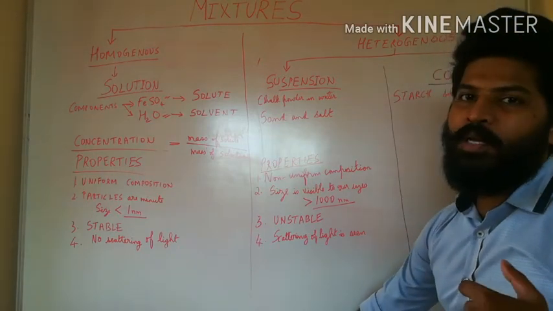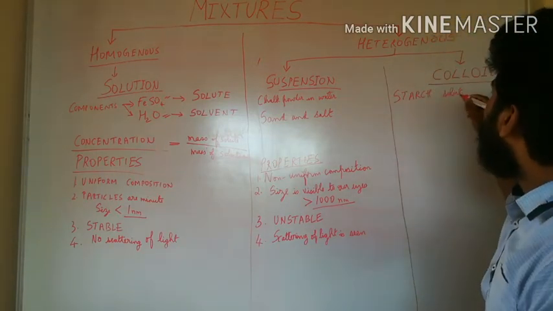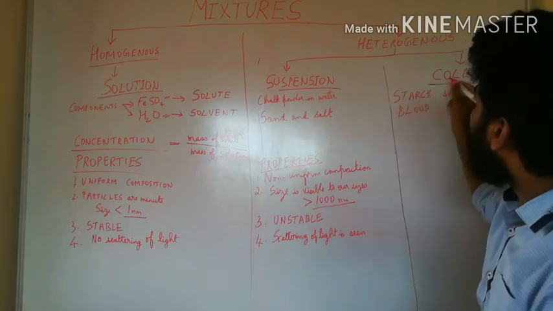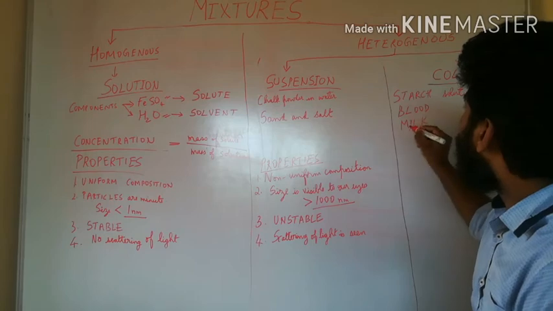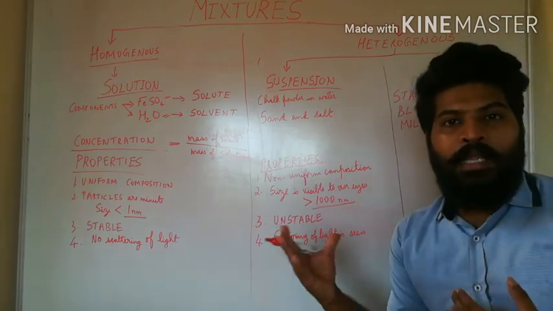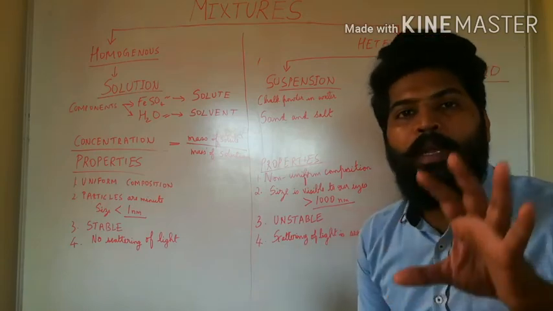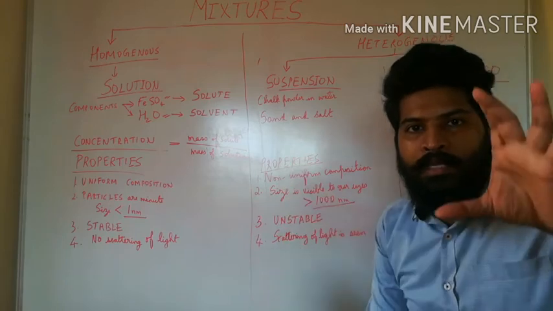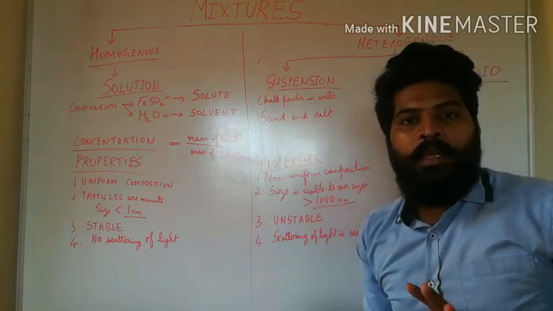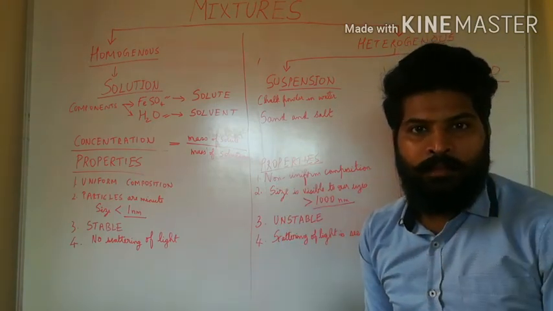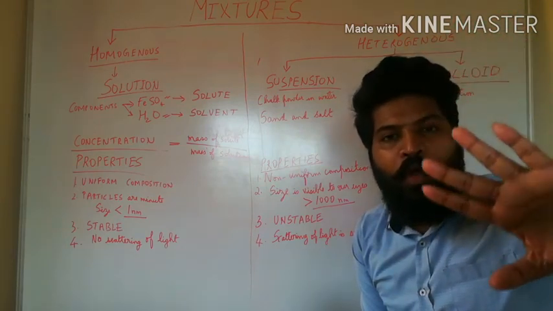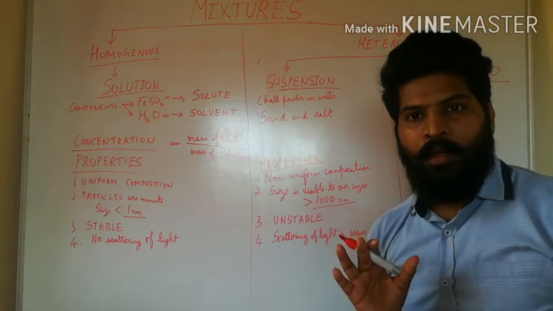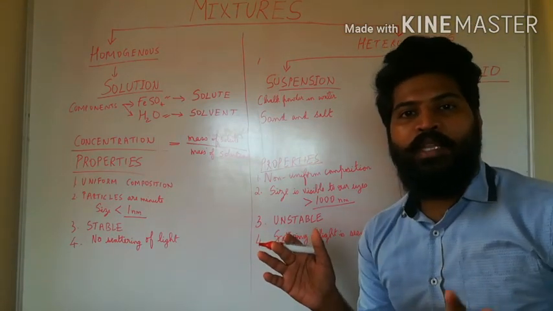Of course, we use the word solution. I will tell you why. Blood is an example of a colloid, milk is also a colloid. So these are easily relatable examples. Take for example milk. When you take milk in a glass and if you observe carefully, it appears to be homogeneous, as if everything is uniformly distributed. But if you heat milk and then leave it aside, within a few minutes you see